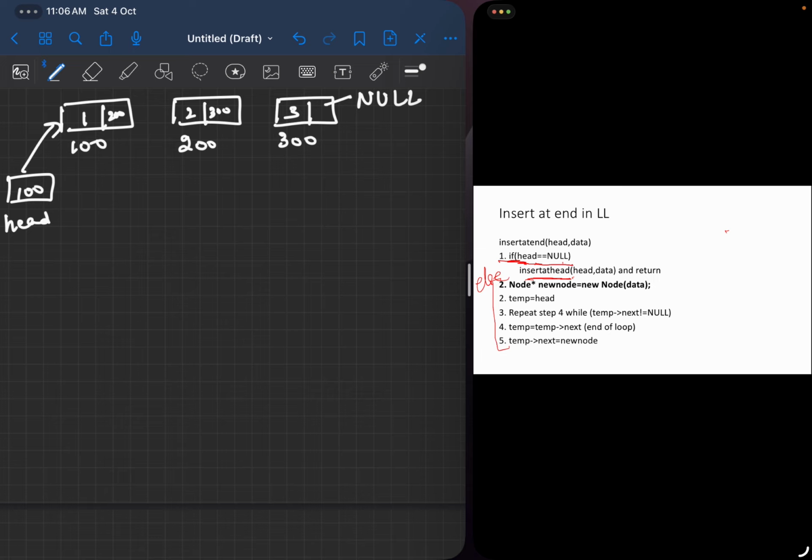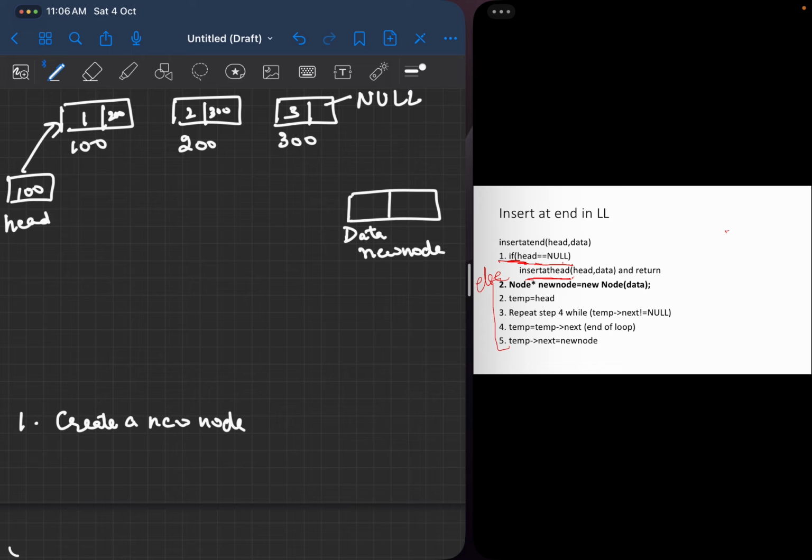So what I will do in that condition is, first step, like I already told you before, is to create a new node. Create a new node, right? So I will create this new node here. Assigning the value to the data part and initializing the next part equal to null, these two steps have already been covered in the constructor.